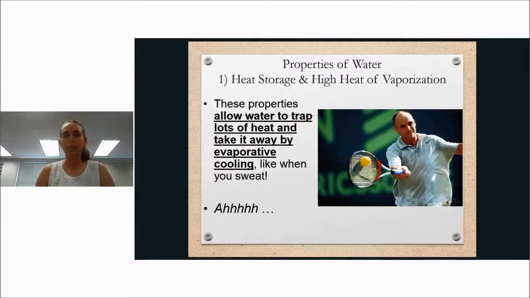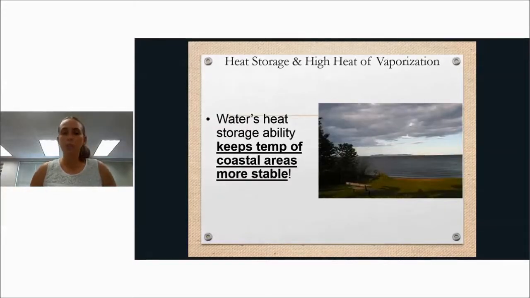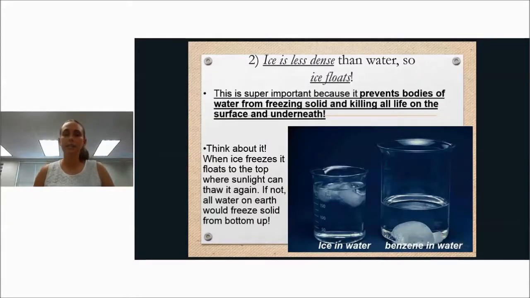So talking about these a little bit more, properties of water, number one, heat storage and high heat of vaporization. These properties allow water to trap lots of heat and take it away by evaporative cooling, like when you sweat. So that when you are very hot, it traps the heat in the water, then those bonds break and that's able to go away from sweat. Water's heat storage abilities help keep the temperature at coastal areas more stable, and ice is less dense than water,